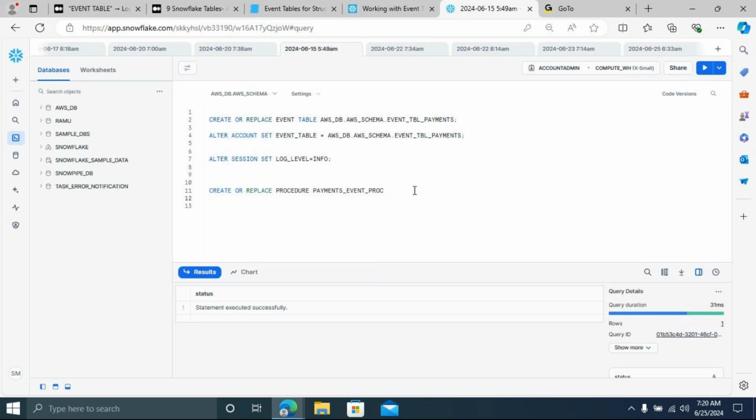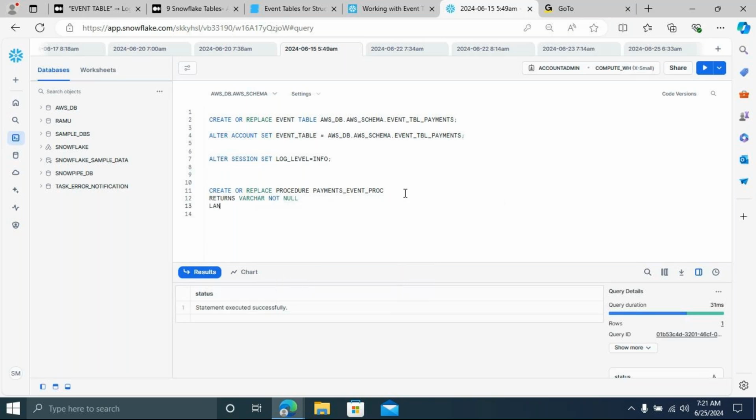And then you have to mention the return type as well. The data type is varchar. I'm returning not null. That's it.